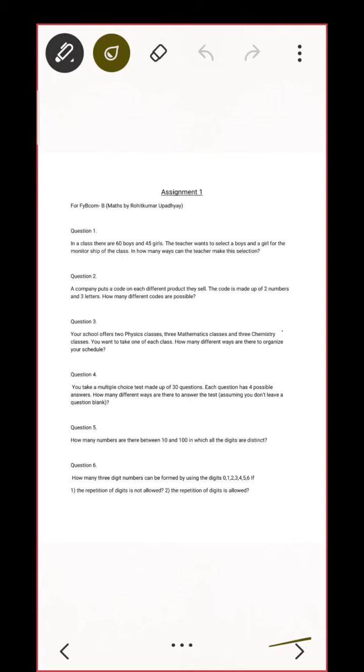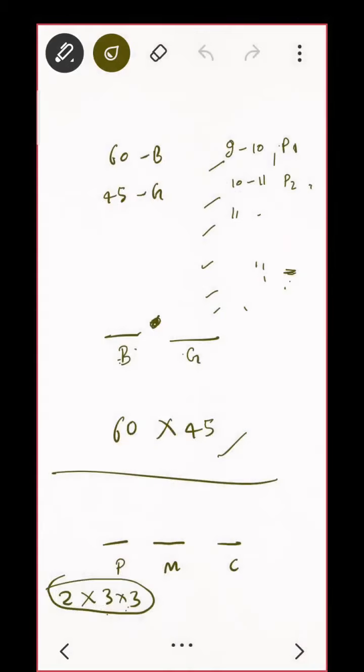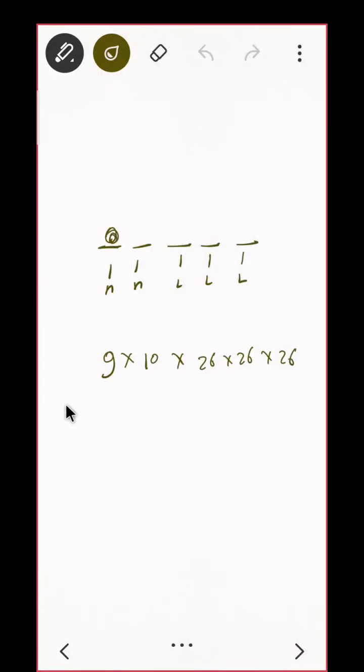So what will be the answer? You want to make it a two digit number? So for the first place, this cannot be 0, so there are 9 choices. And for this you want it to be different from this. Different means what? If 0 is possible, then also 0 is not possible. I am excluding 0 here. Here I can have 0 and I cannot have that same digit, so it will be 9 into 9. Do you agree? Good.